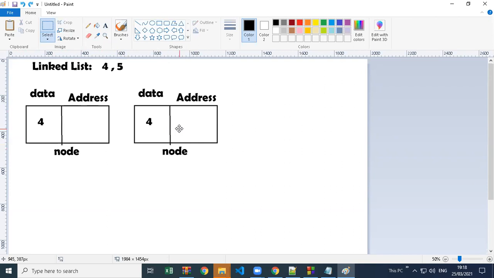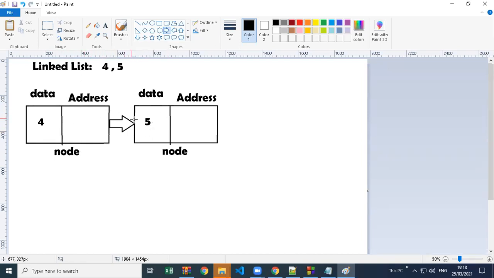So when I say I want to store the value 5, it will create another node, and this node has a different value, 5, and the address of the next node. So now this is our first node. It has data 4, and this node is going to point to the next node. So this node has its own data, and it is pointing to the next memory.